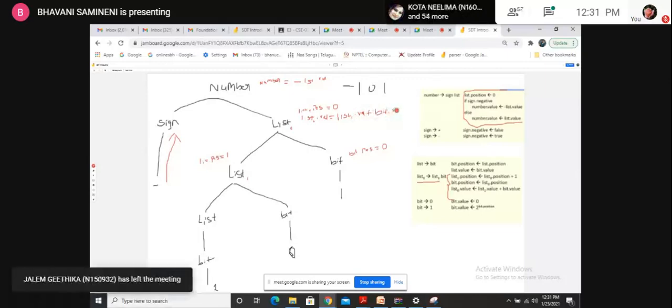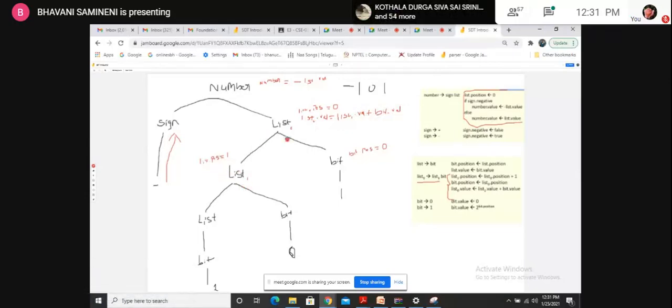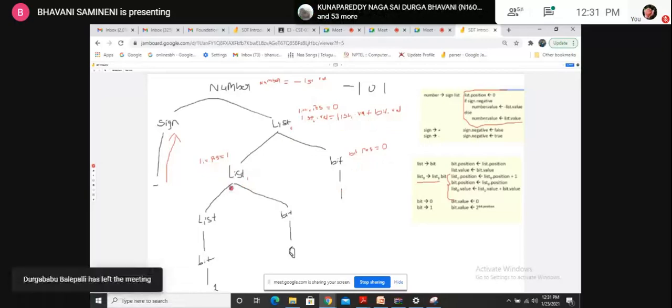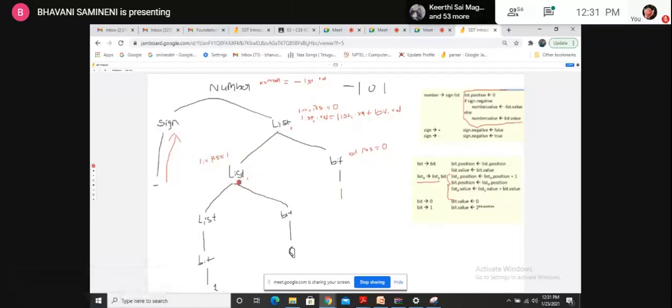Okay, bit dot value. But do you know list 1 dot value? Is this value available to us right now? No, it is in question mark. Is the bit value available? No, this is also in question mark. Now we have to get these two values from the lower levels. Okay, so again see here. Now again I am coming to the left subtree. Now again in the left subtree I got list 1 can be written as list bit. So again this production, right? So now in this I have to write these rules. Okay, so now this will become list 0, this will become list 1.